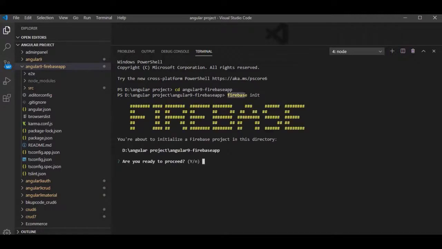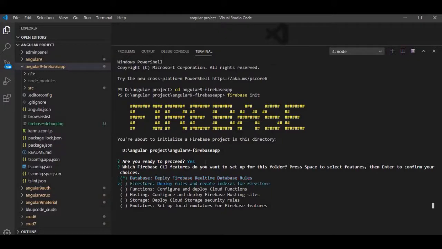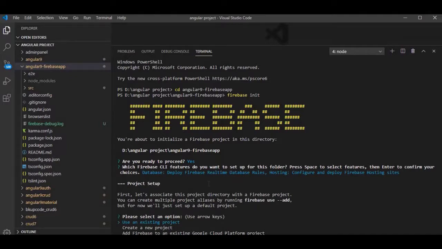So you can see this is the option: are you ready to proceed? We can click yes. Now we can choose database and hosting, then enter. We can choose the existing project, use an existing project, click enter.